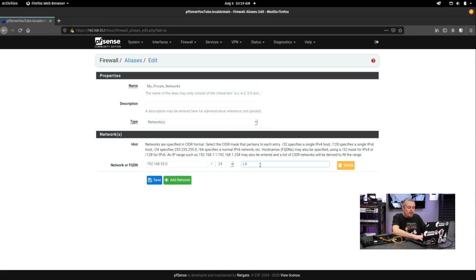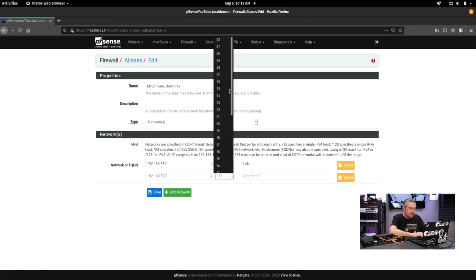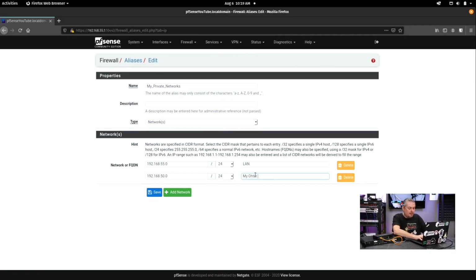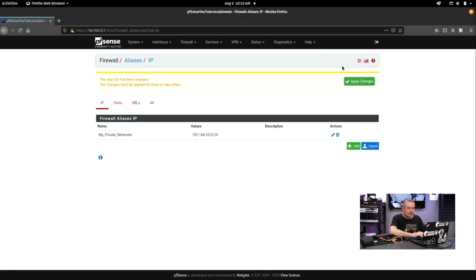And maybe we have more than one of these, which is why you want to do it as an alias. Now the advantage of an alias, if we had created more than one, so maybe there was a 50 network and the same thing, we'll do this, my other LAN, you can then list out all the networks and then have this block in there. So we only have one, so we'll just hit save and show you how an alias works. Apply,